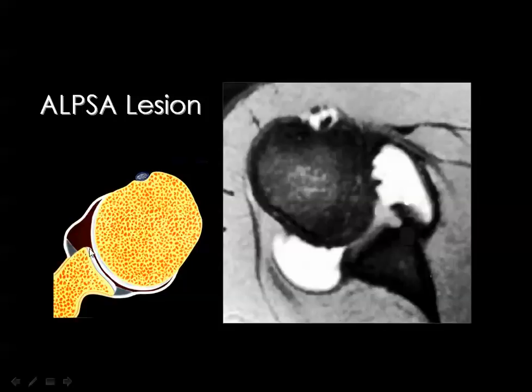If the labrum is torn and displaced medially, and it is still in contact with the scapula, you assume that the periosteum is still intact. Then there are the three essentials for diagnosis of ALPSA, which are a torn anterior labrum, medial displacement of the labrum, and intact periosteum connecting the labrum